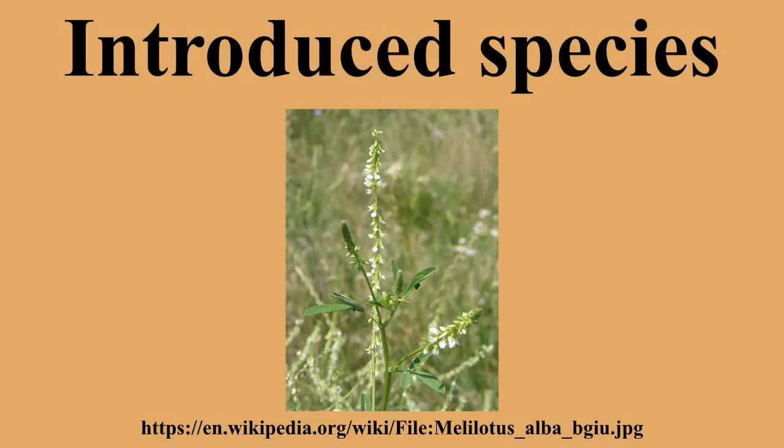A number of fast-spreading plants such as garlic mustard and kudzu have been introduced as a means of erosion control. Other species have been introduced as biological control agents to control invasive species, which involves the purposeful introduction of a natural enemy of the target species with the intention of reducing its numbers or controlling its spread.